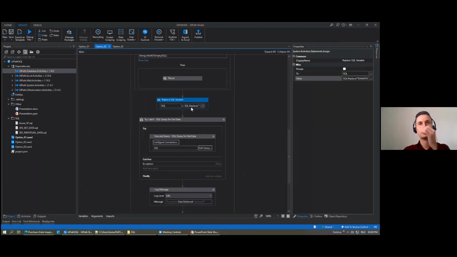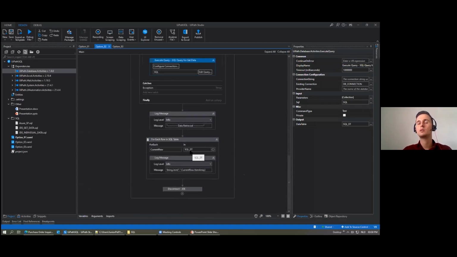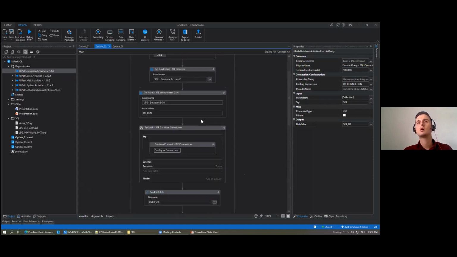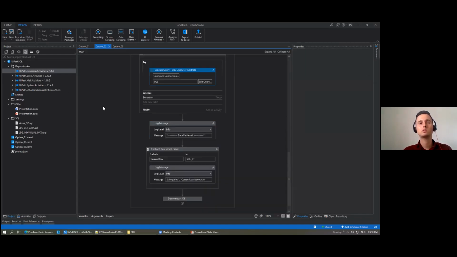So that's what I do. I get this value, I replace the wildcard, and I pass this SQL to the execute query. So exactly the same thing. Now I'm going to have my data table returned to me in just one activity, and the value is there. So if I run this,